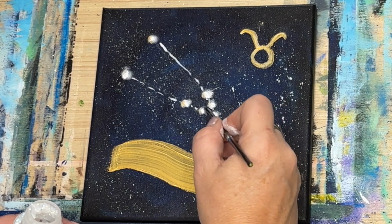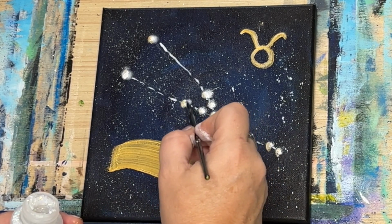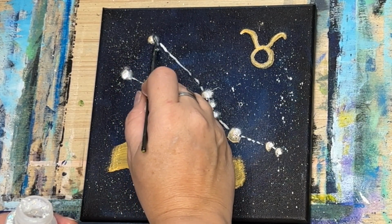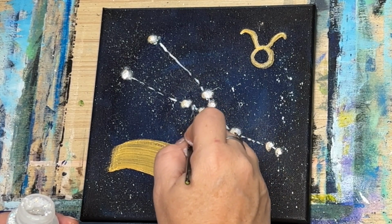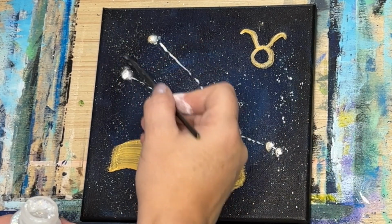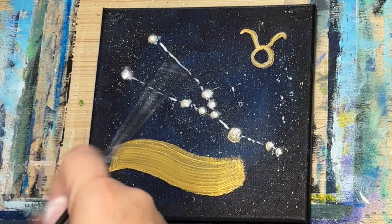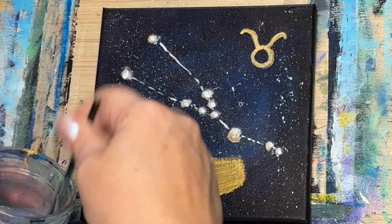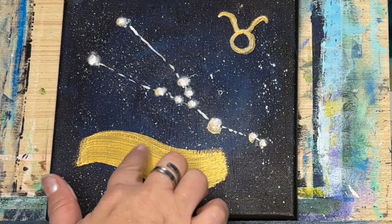Oopsie, that was a little bit wet. So make sure it's dry. Oh my goodness, that's like perfect. Wow, you could get carried away, really, and add it everywhere. That would be bad. Get carried away and glitter it everywhere. That's okay. All right, rinse out the glitter. Dry the brush. Okay, so now that that is all dry,